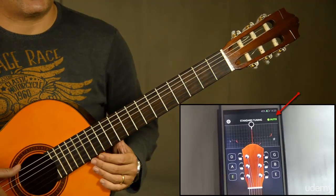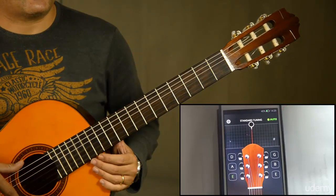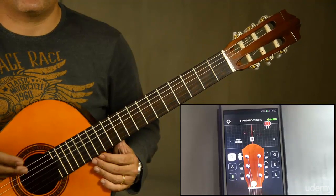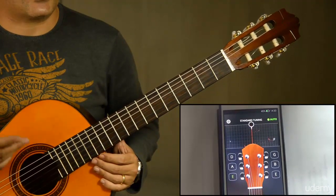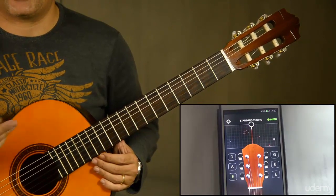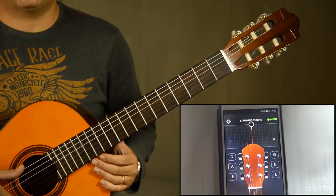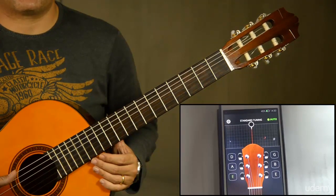Okay, as you can see, as I'm speaking, this is my voice. Of course, the app doesn't know if it's just a vibration or frequency. Okay, so obviously my frequency is D, my voice is D. Anyway, the sixth string was an E, the elephant, so I'll play the sixth string,